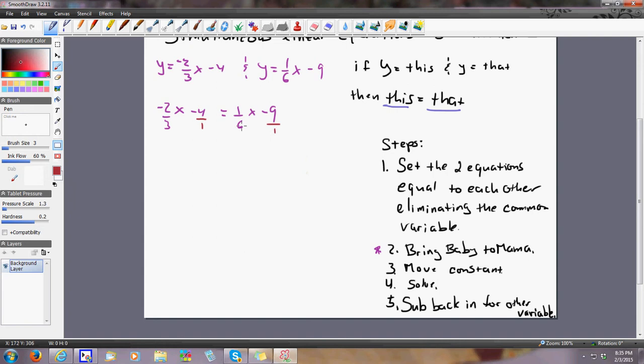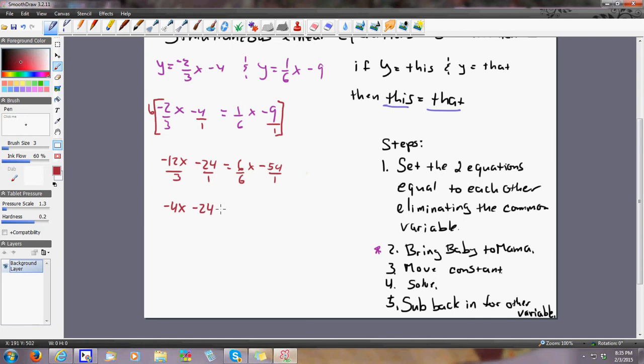So since my denominators are 3, 1, 6, and 1, I'm going to multiply the entire group by 6, because my lowest common denominator is 6. So when I do that, I get negative 12x over 3 minus 24 over 1 equals 6 over 6x minus 54 over 1, right? The reason why I do that is because 3 goes into negative 12 negative 4 times, and so therefore I get a negative 4x